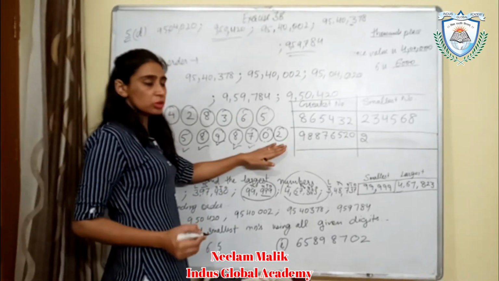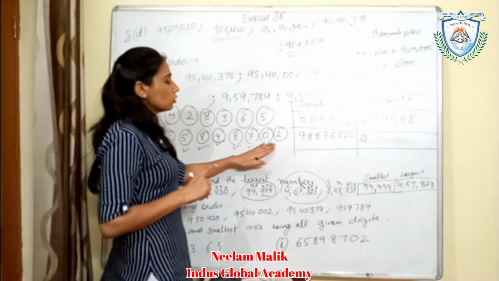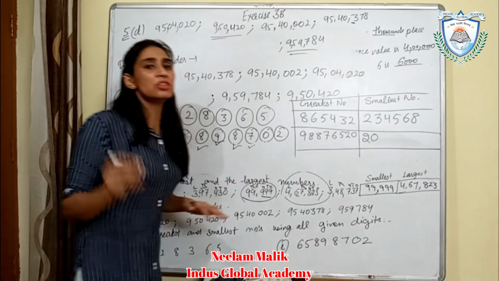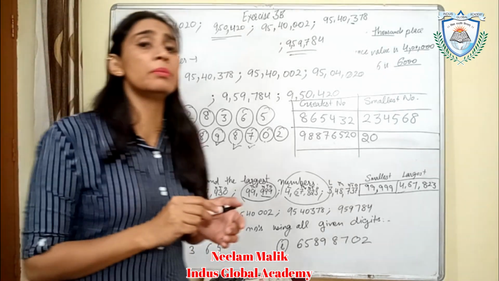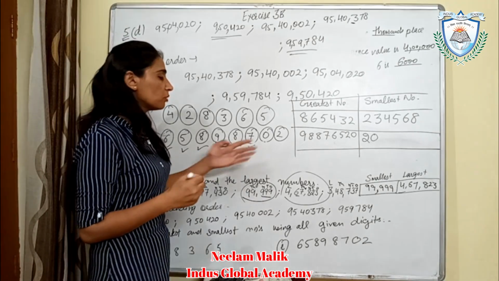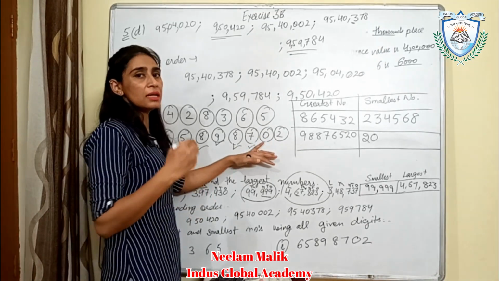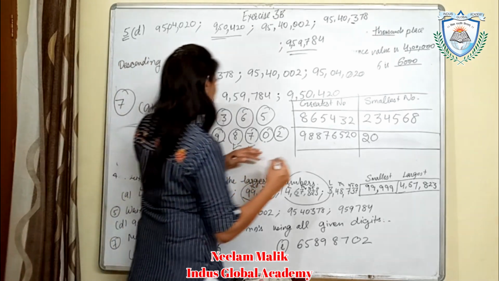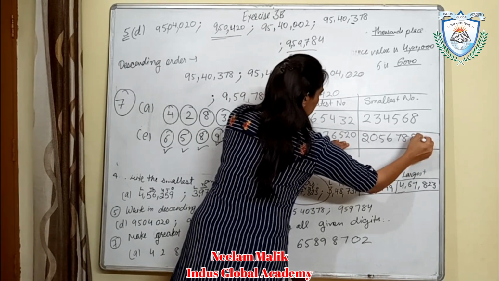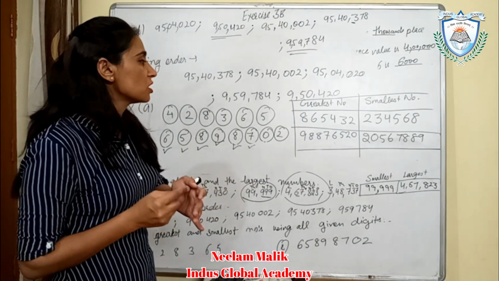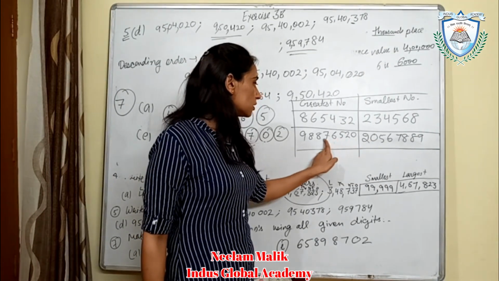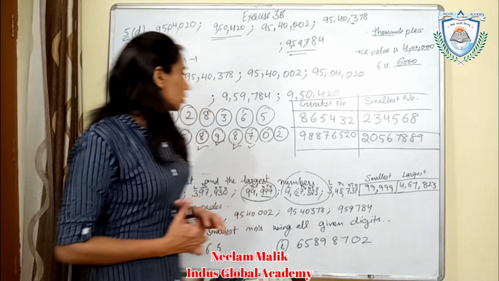If 1 were given here, we would take that one. So here we will take first 2, then at the second place in the smallest number, 0 will always come at the second place from the left hand side. Now the remaining digits you will arrange in ascending order. What will be next? 5 6 7 8 8 9. You can form your smallest number from this also, meaning 0 will not come at the first place: 2 0 5 6 7 8 8 9. So please do this